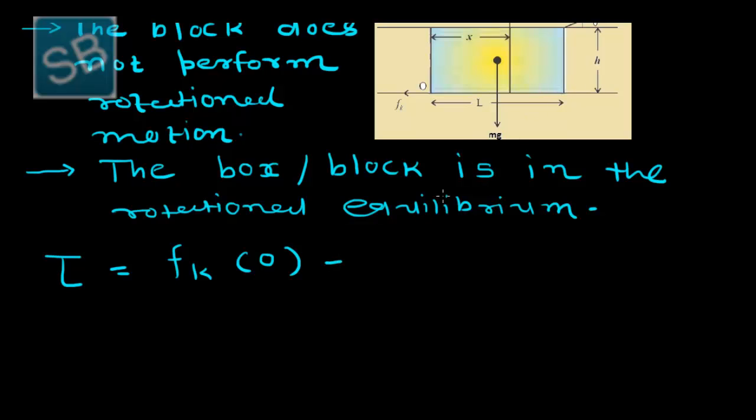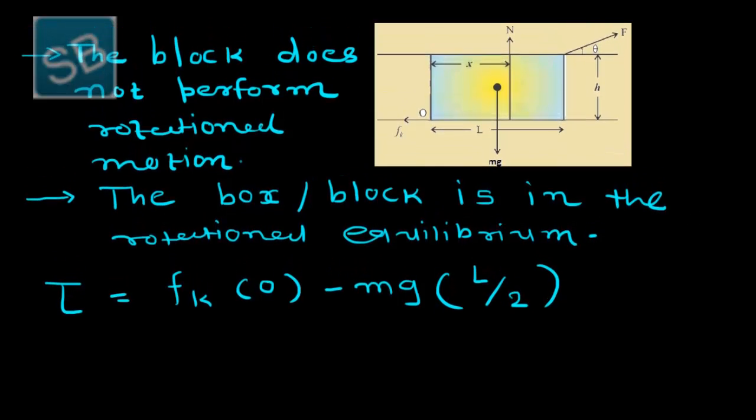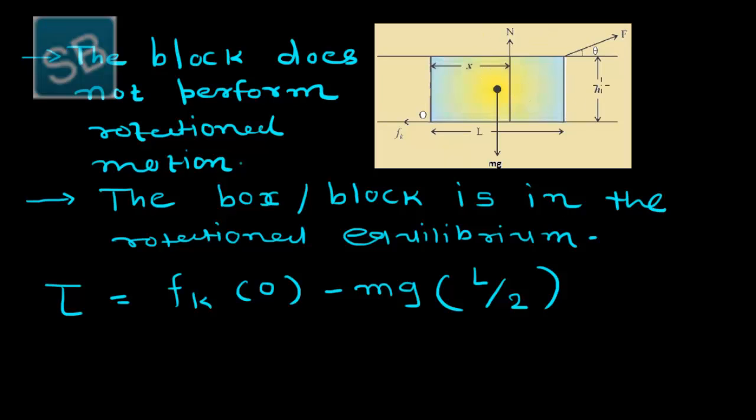At the length L by 2, the force is acting in the negative direction, and that is minus mg. Plus, at the same length of L by 2, a normal reaction is also acting. So plus N of x,